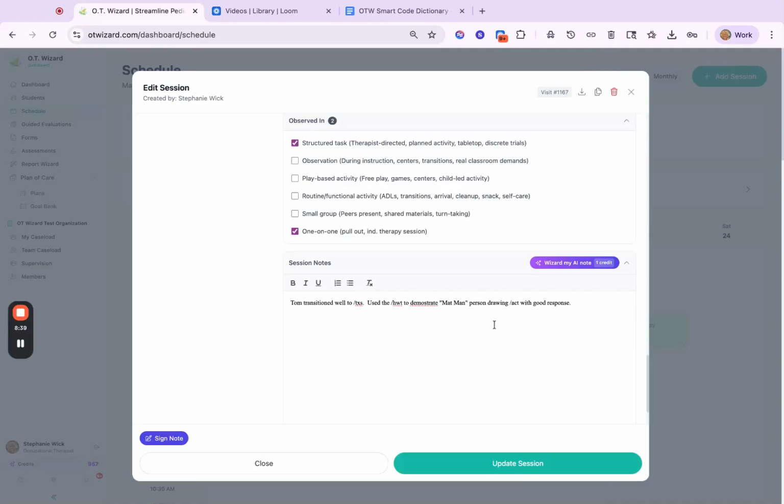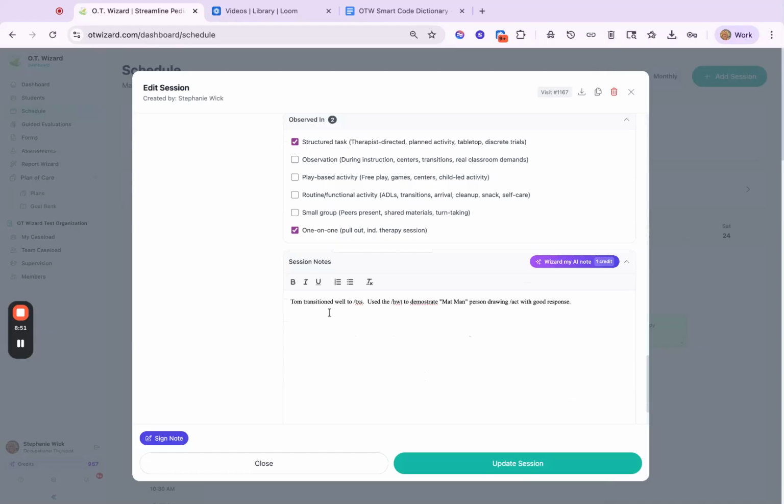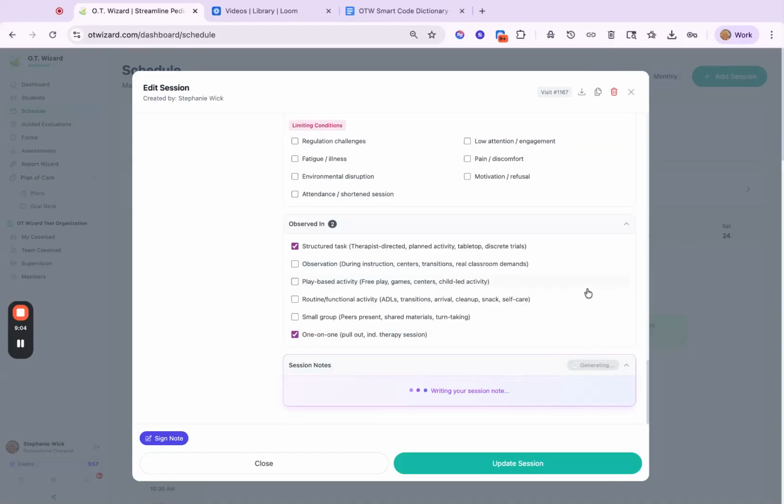So when you use session notes, if you're going to use these smart codes, you have to use the AI. Otherwise, it's going to look like this. But when you use these, you don't have to use AI if you don't want to. But if you're not going to use AI, you need to make sure that what you write is what you intended and that it's grammatically correct, because that's what's going to show up in your session notes. But I'm going to show you. So I'm going to go ahead and do the wizard, my AI note, and show you what it shows up